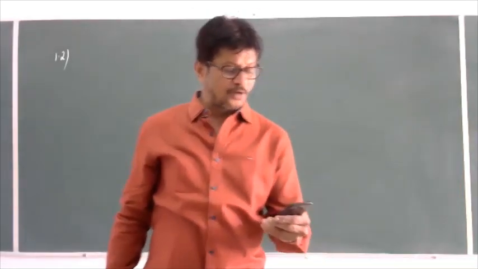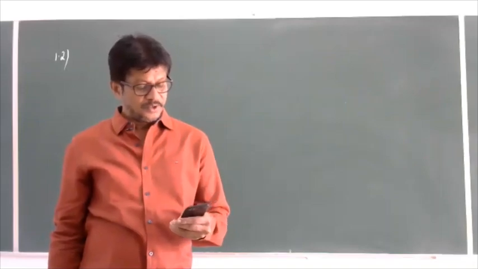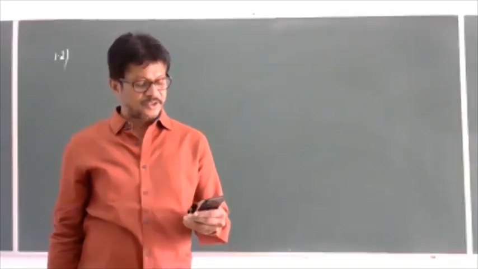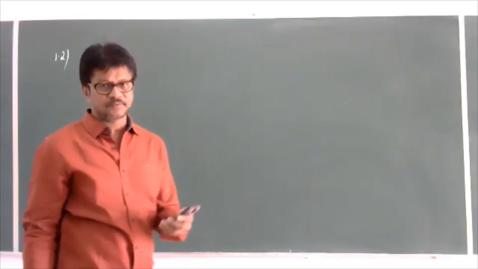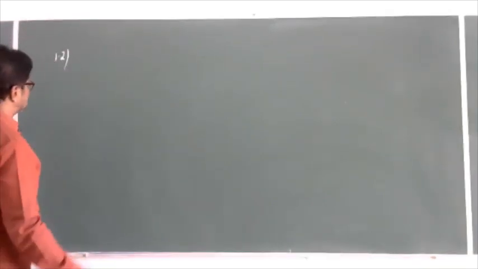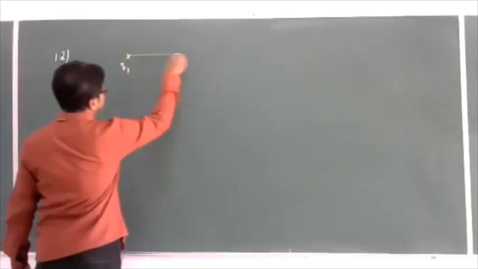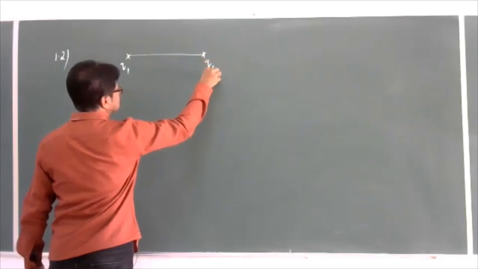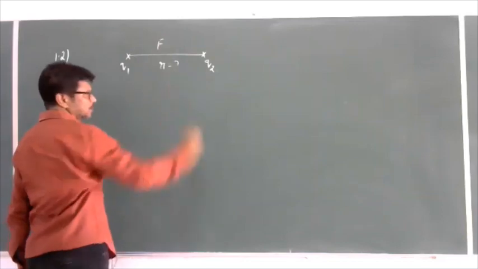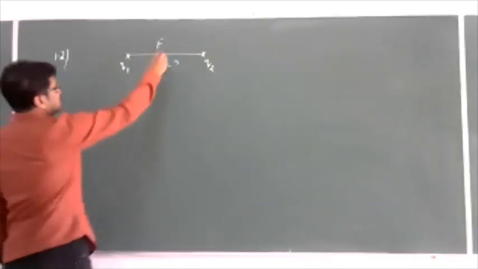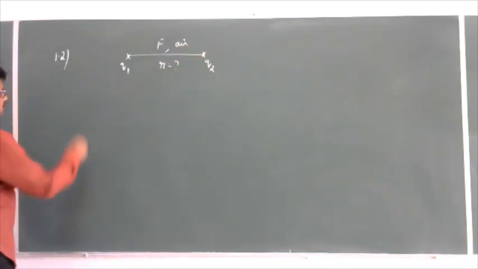The electrostatic force on a small sphere of charge 0.4 microcoulomb due to another small sphere of charge minus 0.8 microcoulomb in air is 0.2 Newton. What is the distance between those two charges? This is Q1 and Q2 separated by a certain distance in air. It will experience a force. And he says that they are placed in air.